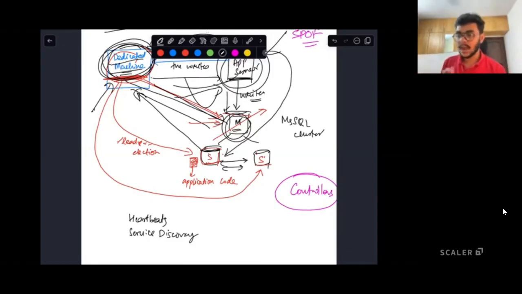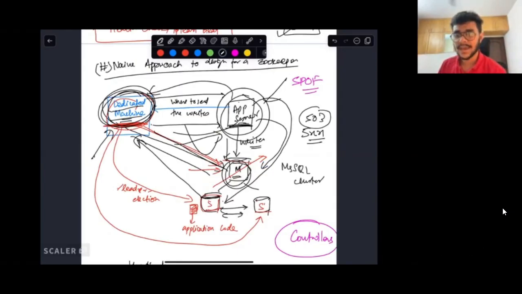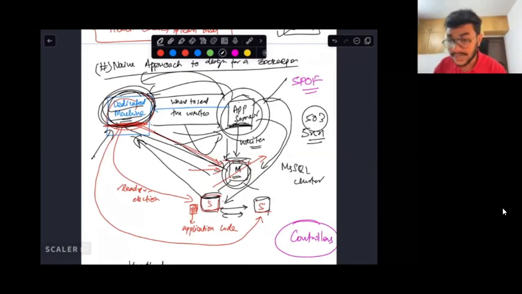That is one way. And the second way is that once your app server sends the write request all the way to your master, it will get some sort of a 5xx, or service unavailable, some sort of a 503 kind of error. In that case, your app server will have to consult the dedicated machine again. But it is a correct point that this will introduce some latency in our system, and this is happening on an eventual basis.